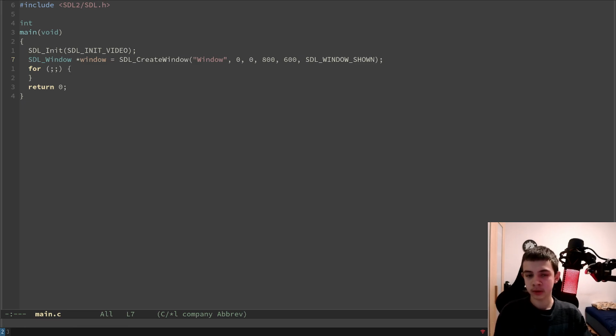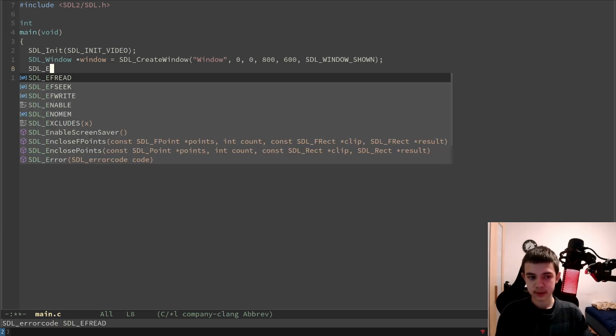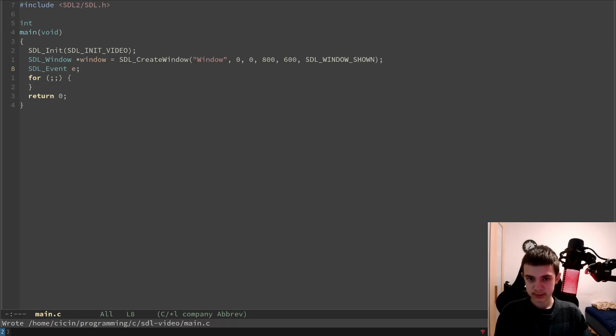So how do you make it closable? Well, you gotta create an SDL_Event. This is gonna store the stuff that happens each frame. If any input gets into the window, now you can do if SDL_PollEvent, the event, just like this,